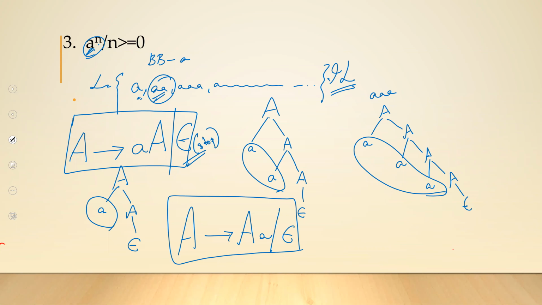Only thing is, if you write this particular rule, your tree will be right skewed, because you have the recursion at the right side. If you do this grammar, your tree will be left skewed because you have the recursion towards your left side. So always have in mind, whenever you have a language, a regular expression, you can have more than one set of grammar. Okay, look here. Either this or this. It can be possible depending upon the language.